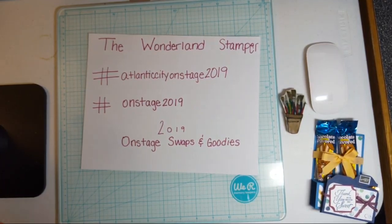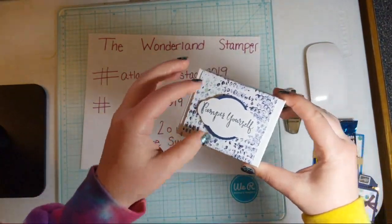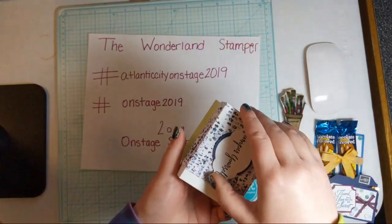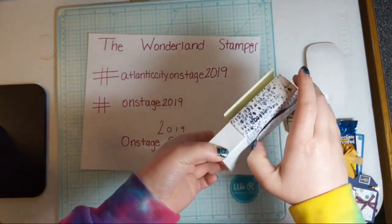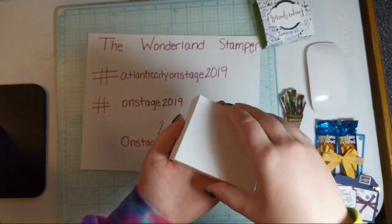Okay, this is the absolute best. Okay, so it says pamper yourself. I didn't open this till I got home, and my boyfriend probably thought I was mad. I really did yell when I opened this. This is so cute. Okay, so let's get it open. All right, so this slips off. It's all the way around. And then when you open this up,